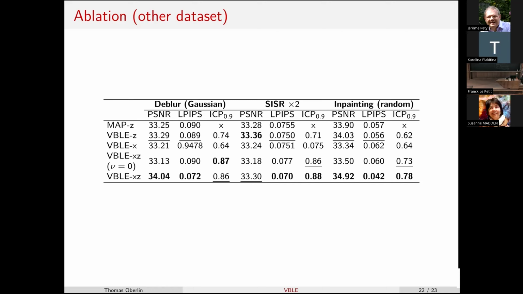But when looking at the ICPs, the best one is this. So it really means that to capture all the uncertainty, to approximate well the posterior distribution, we need a joint modeling in the image and the latent space.